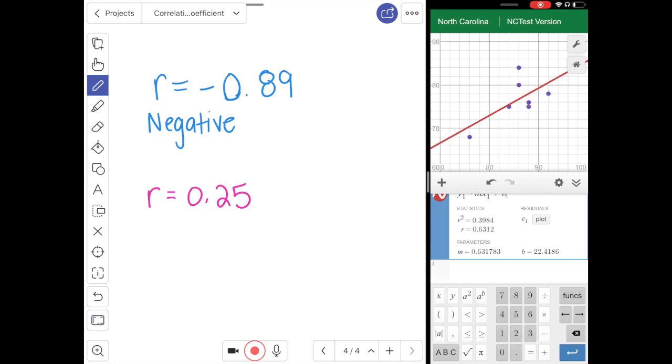And I kind of think about this as money. So 0.89 is like change. It's closer to the 1, so the closer it is to 1 or negative 1, the stronger it is. Alright, for the second one, I have R equals 0.25. So 0.25 is going to be a positive number, but 0.25 is closer to 0, so I'll consider that positive and